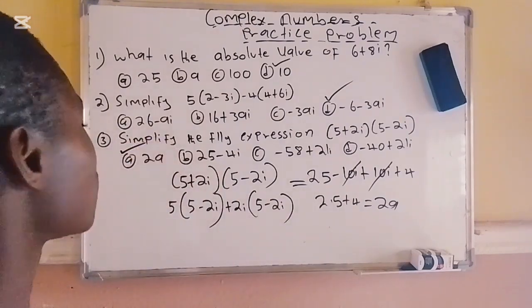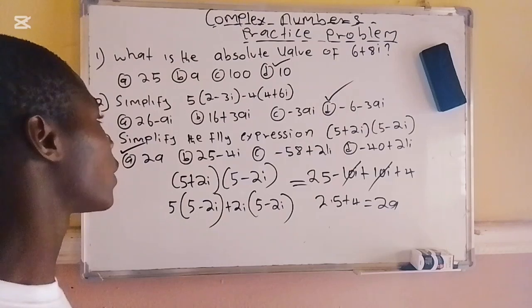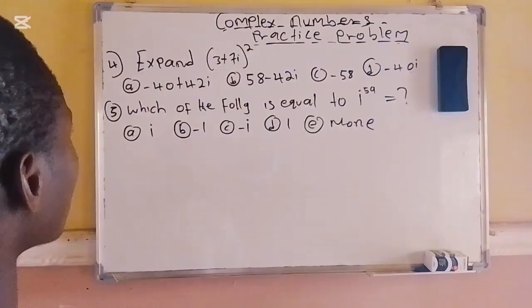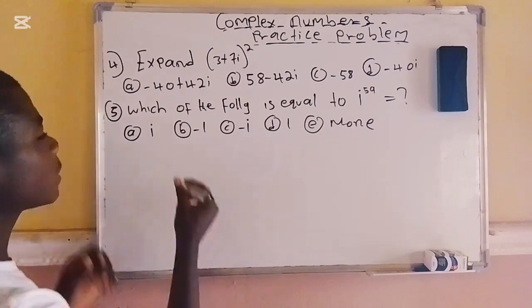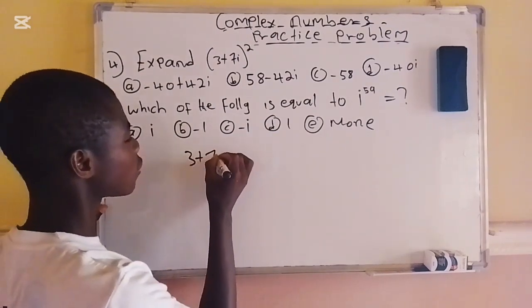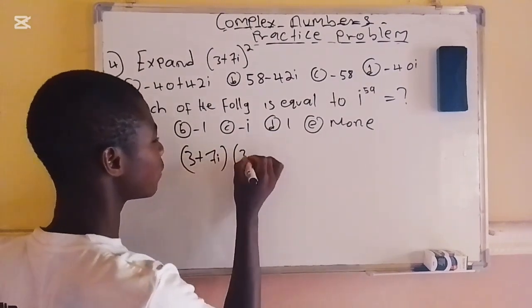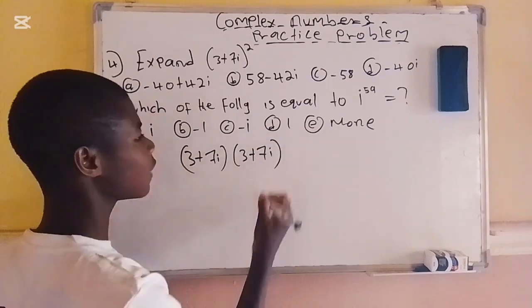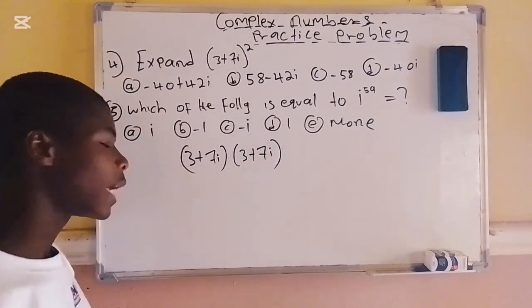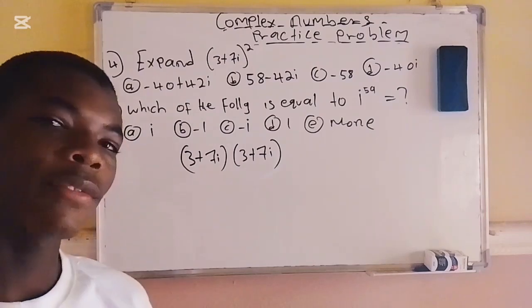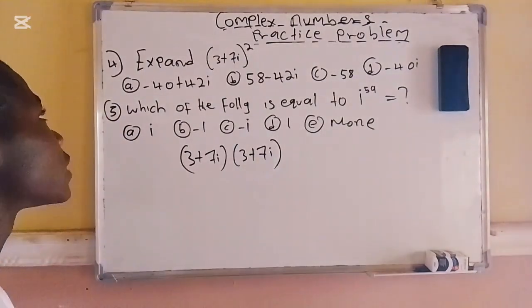So let's see another problem and whether we are able to solve it. We are asked to expand 3 plus 7i squared. It's the same thing as saying 3 plus 7i multiplied by 3 plus 7i. So 3 multiplied by 3. I just want you to know that if I'm going to multiply